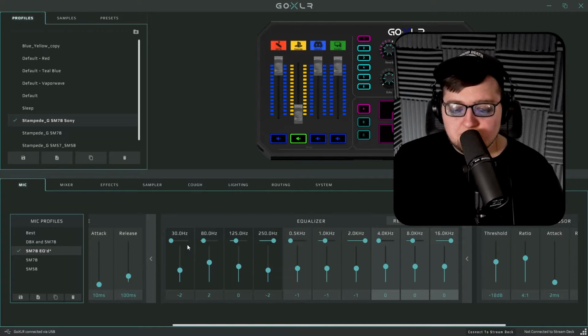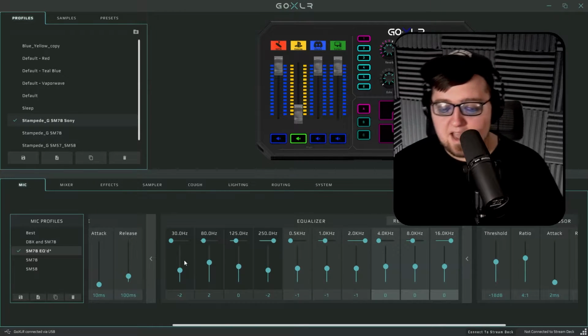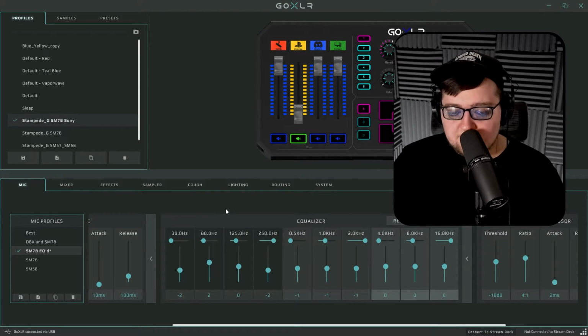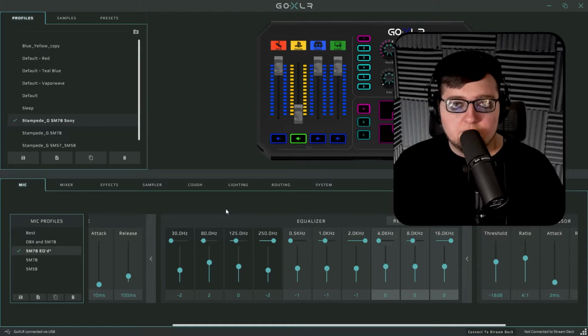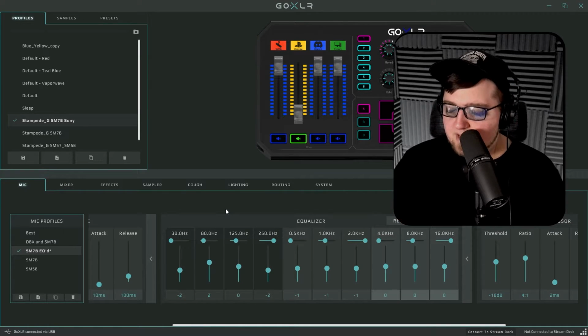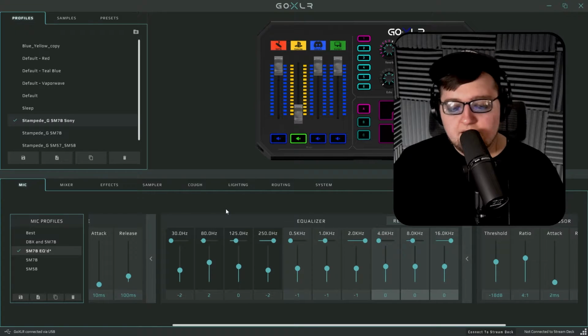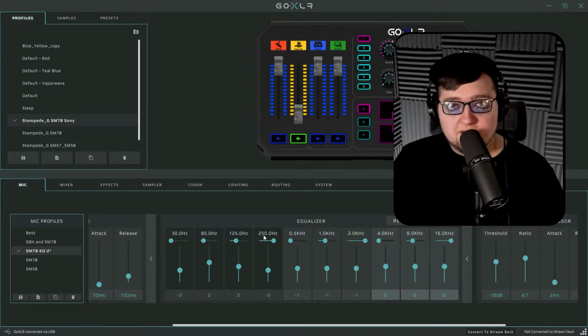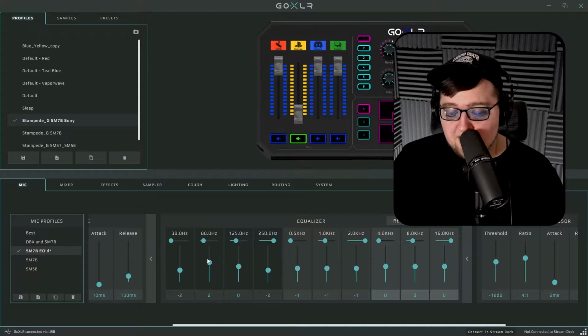PC fans, any of that sort of low rumble noise that you might be experiencing, this will help to cut that out. Now, in one of my older videos, I was using the DBX286S, which is a purely analog mic processor. And one of my favorite features of the DBX286S is it has this dial on it called low frequency enhance. And when you turn that up, you get this really great bassy fullness in your voice. And I actually opened the manual and I found out that that low frequency enhance is boosting 80 hertz and cutting 250 hertz simultaneously. So that's exactly what I did here, is I basically mirrored that knob being turned up